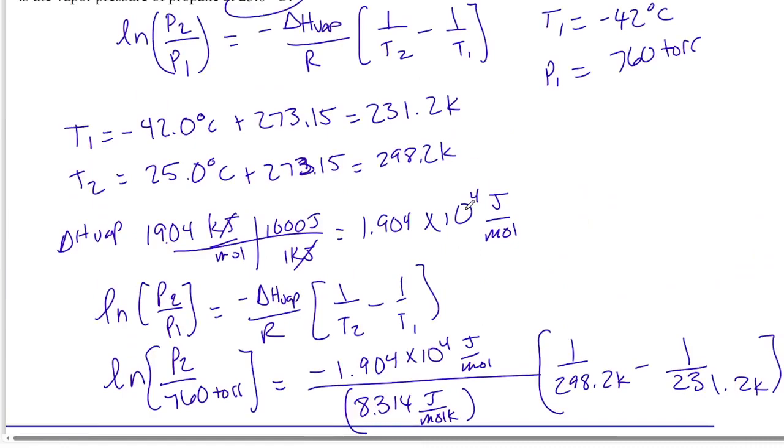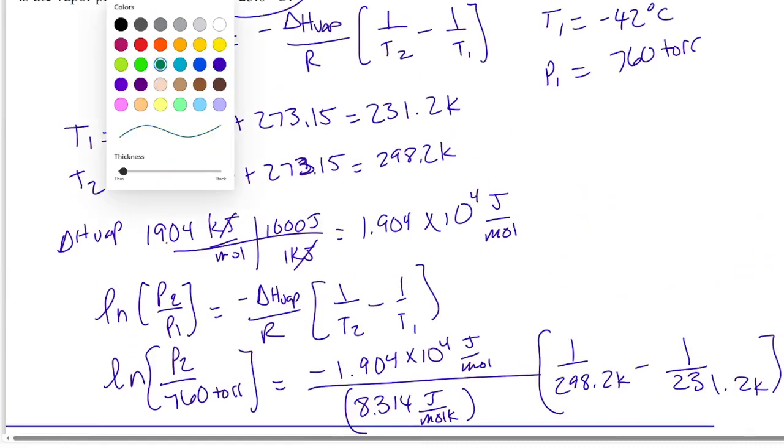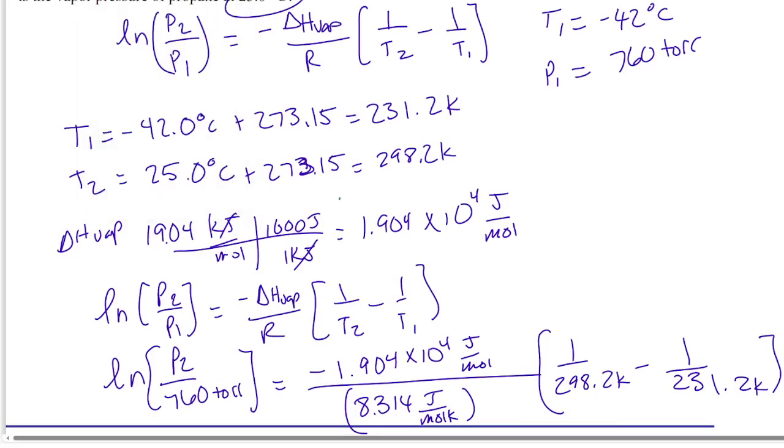Okay, so I'm going to go ahead. I think I'm going to change colors and stay on this page. Okay, so I'm going to move up here. Ln of P2 over 760 torr is equal to